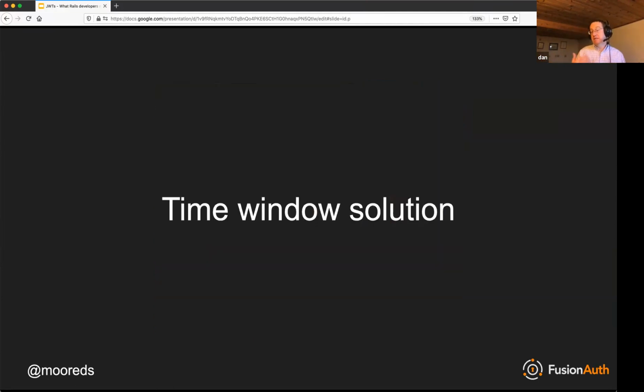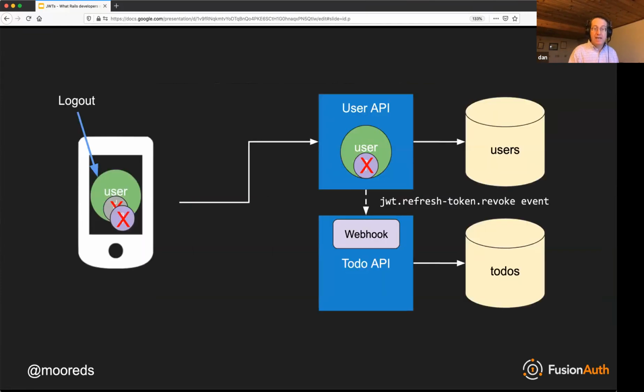A slightly more elegant solution is what we call the time window solution. In this case, just like you have a webhook that fires for user deletes, you have a webhook that fires for logouts, which we call a refresh token revocation event.